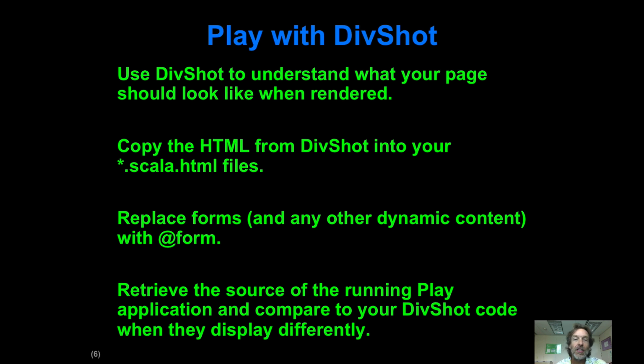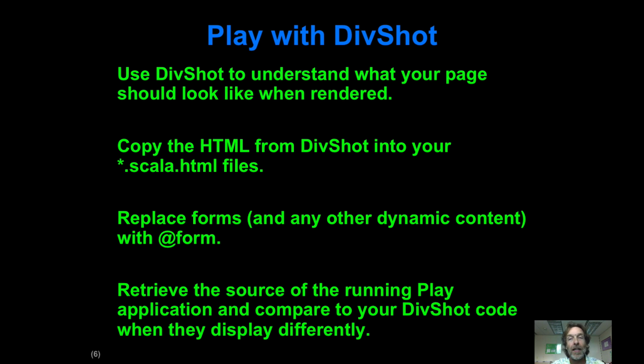Next is playing with Divi Shot. As I said before, I think this is a really important step to keep you from getting confused. If you do your mockups in Divi Shot first and see what your target HTML should look like, then when you're doing your development with Play, you can basically render the page in Play by doing run and then going to localhost 9000, and then do one of these view source to see what the HTML code is that you generated via running your Play